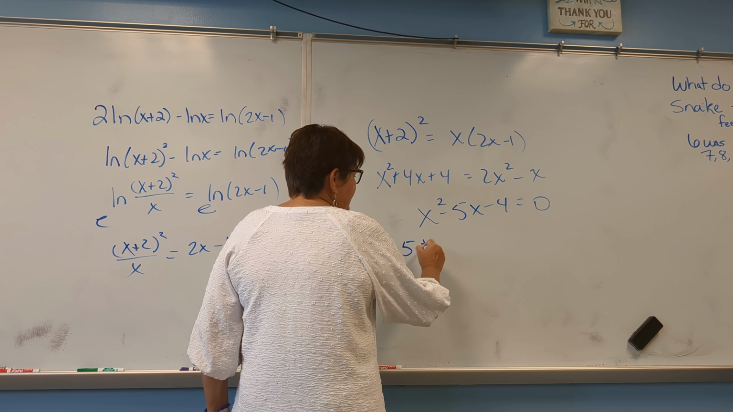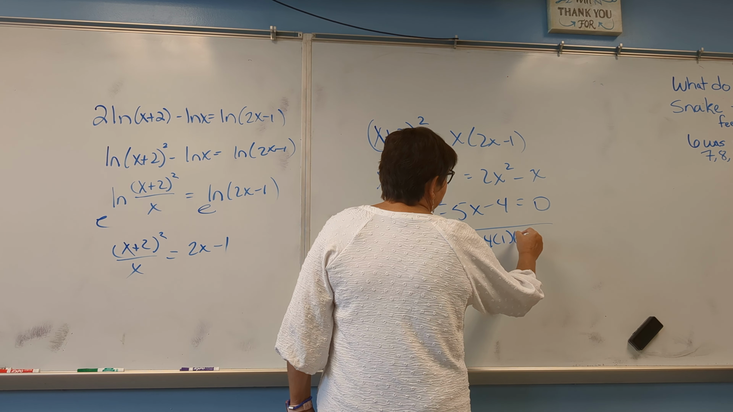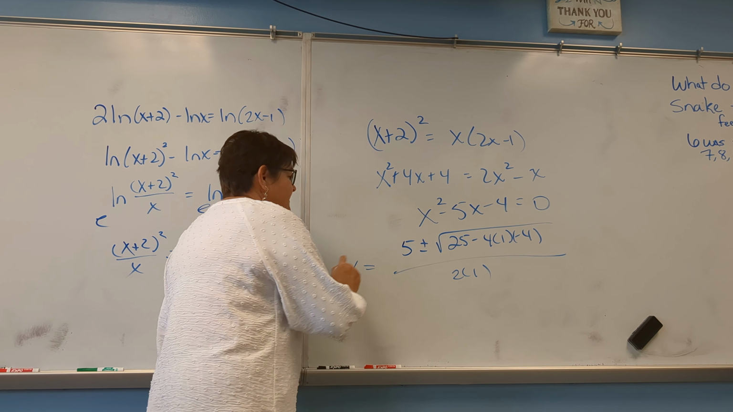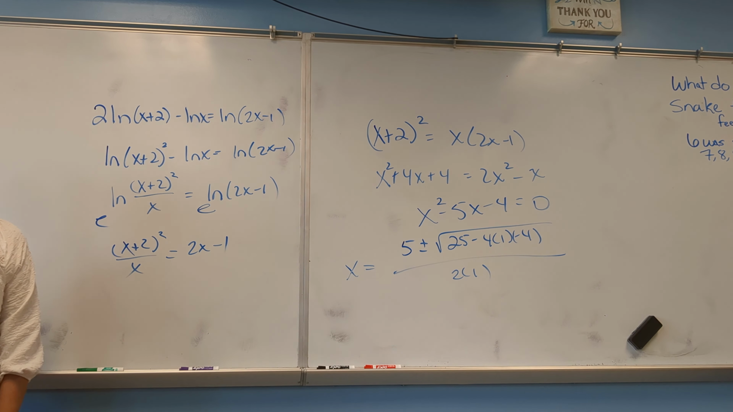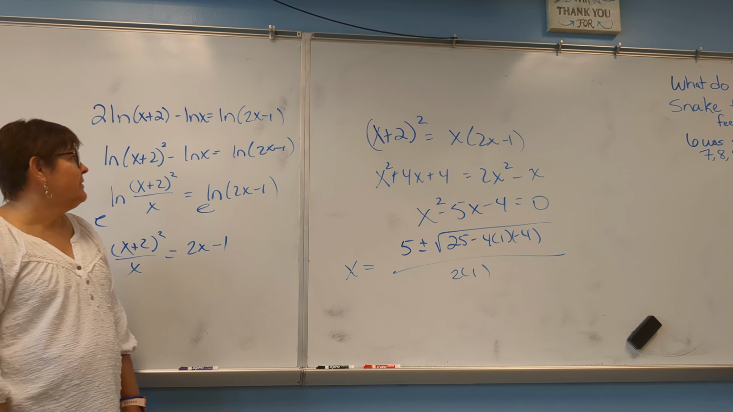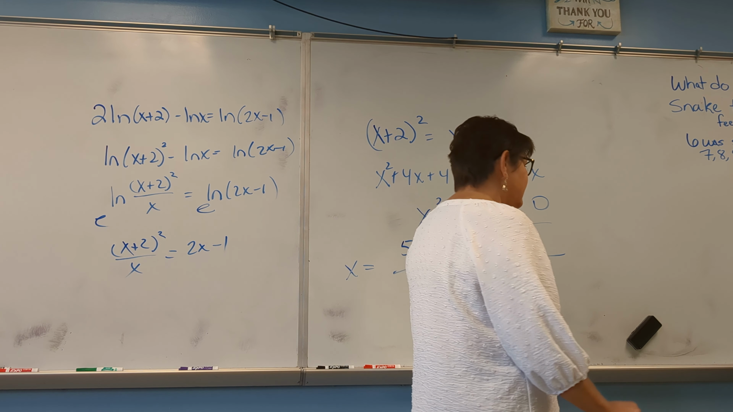Negative b plus or minus the square root of b squared minus 4 times a times c all over 2a. Oh, because it's minus 4. All right, what did you get for your x values? 5